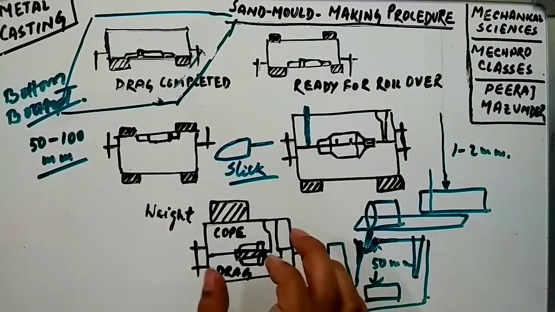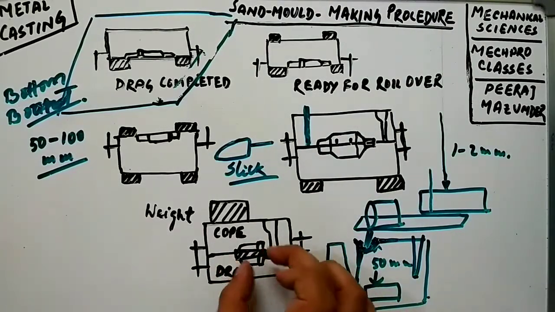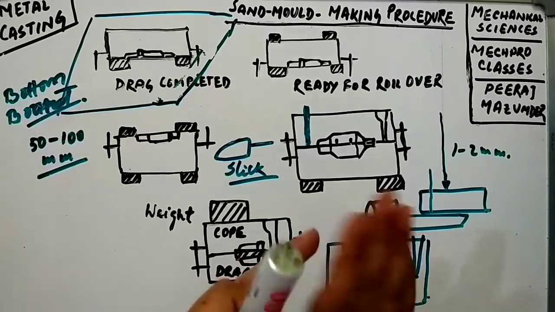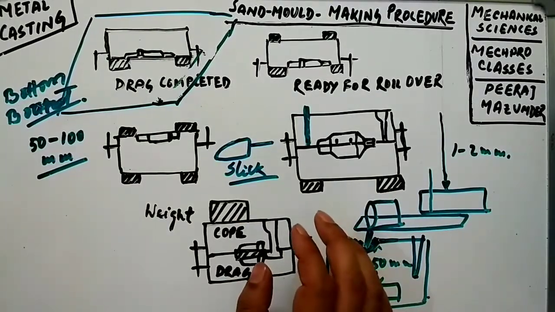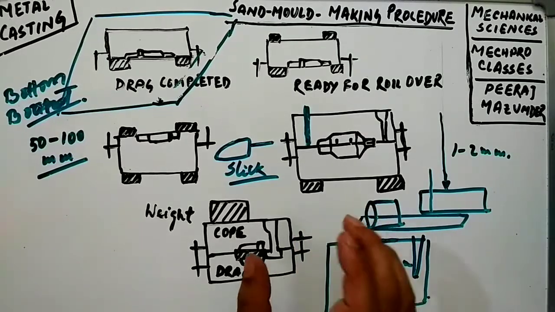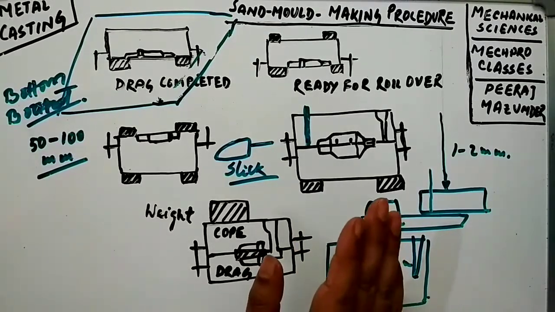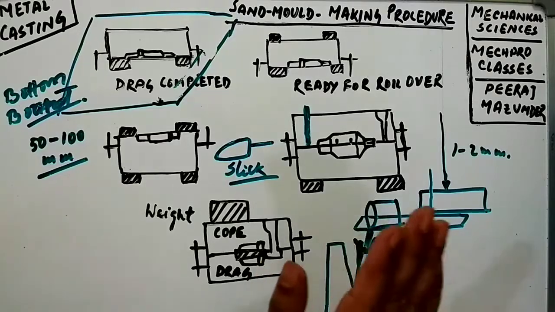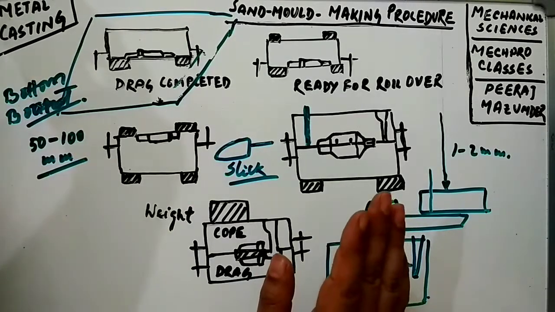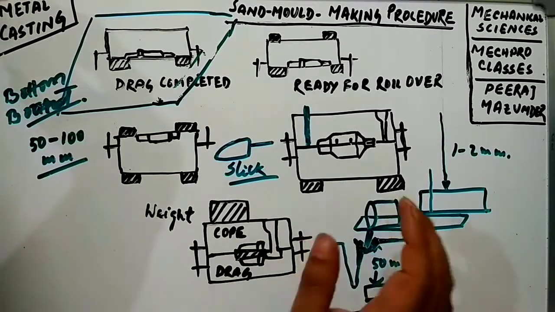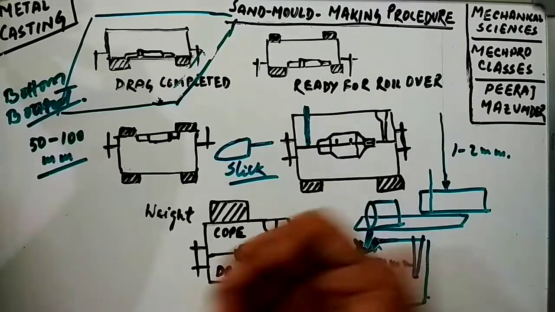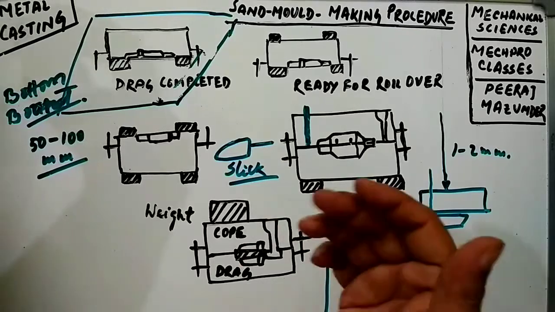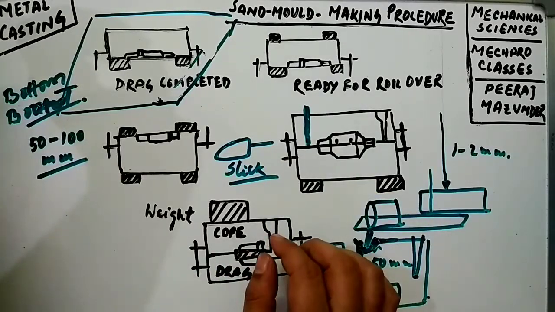So while withdrawing, what happens? The sand around it gets disturbed. So you have to make sure that the sand is kept intact. Okay, that's why I was saying that while withdrawing the draw spikes, you have to wrap the pattern all around to slightly enlarge the mold cavity so that the mold walls are not spoiled by the withdrawn pattern.